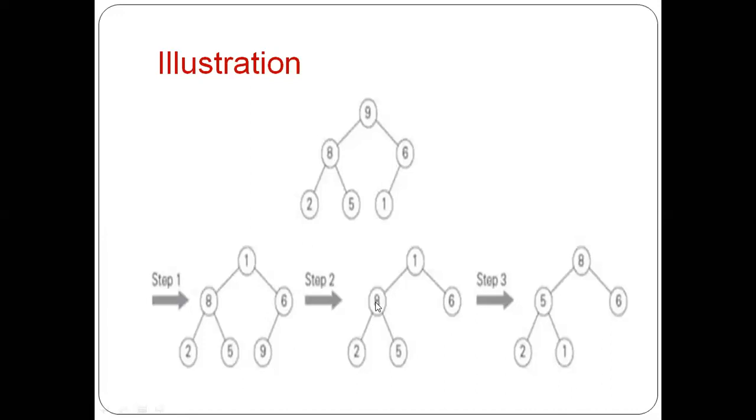So here I have only two parental nodes, 8 and 1. With respect to 8, I am checking whether it is satisfying the heap property. Yes, it is satisfying the heap property, so no problem. Second one, I will be checking whether this is satisfying the heap property. With respect to 1, it is not satisfying the heap property. So 5 will be coming here, 1 will be coming over here. Again, 1 is not satisfying the heap property with respect to its child nodes, that is 2 and 5. So which is the largest one? 5 will be coming over here, 1 will be coming back. So this will be making a heap.